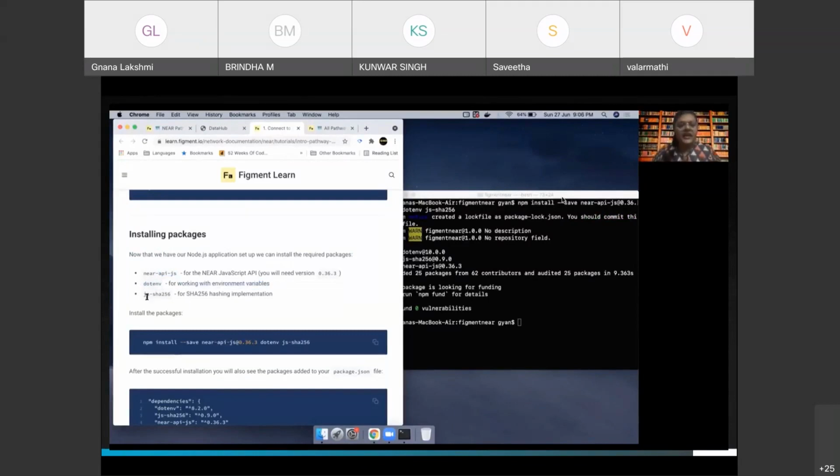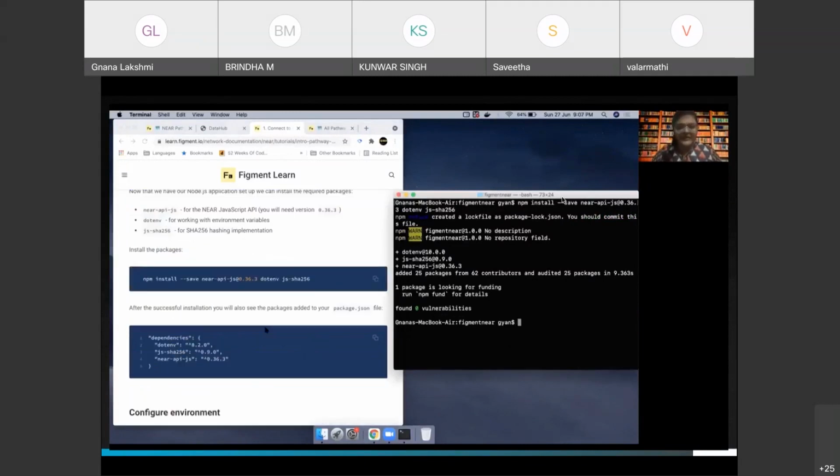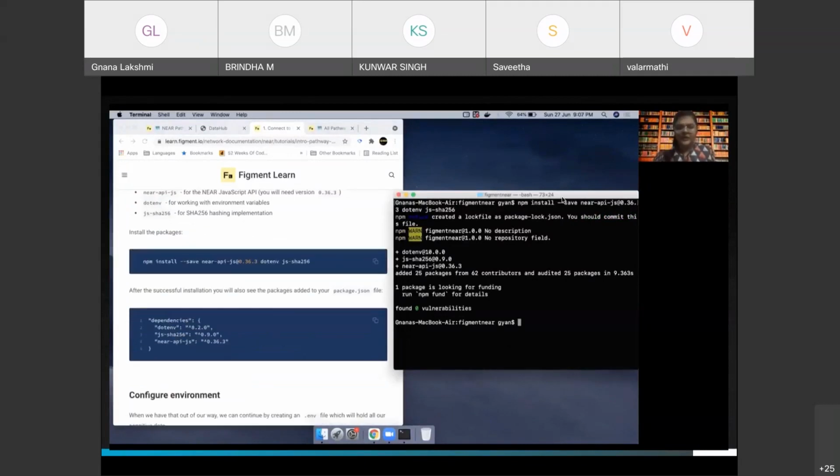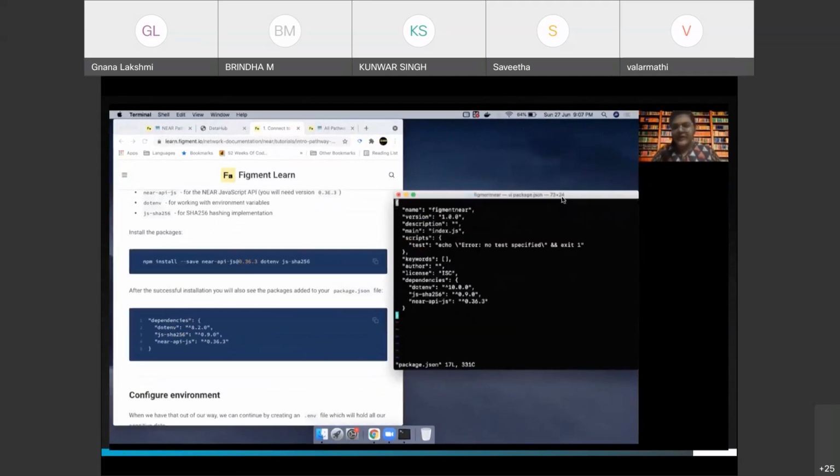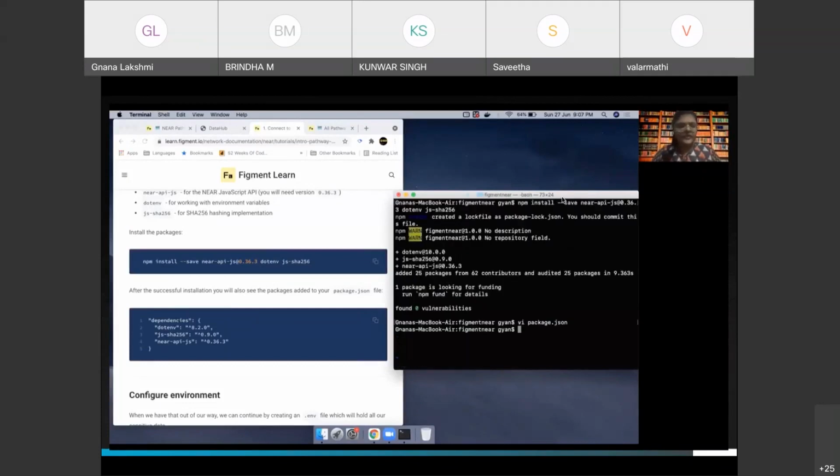And there is another JS library called js-sha256 for hashing implementation. So I have installed all of the dependencies now, and you should be able to see all the dependencies in package.json. So let's quickly view that. Okay, you can see the near-api-js, the sha256, the dotenv, so all the dependencies are there. So we are good to go.